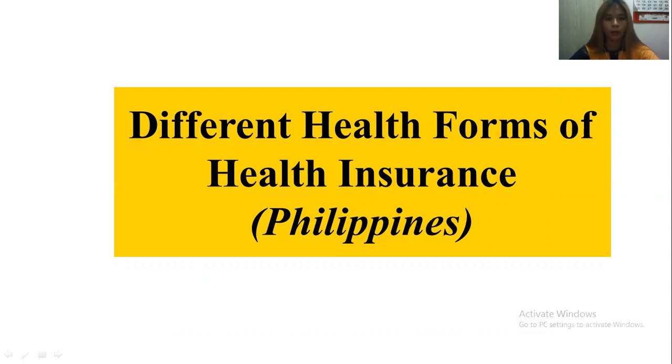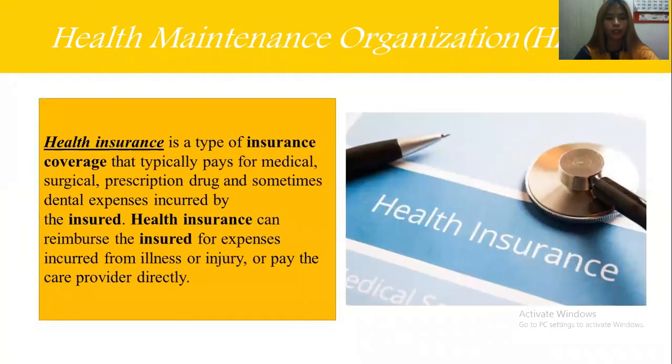So now, I'm going to discuss to you the different forms of health insurance. Let us discuss first the meaning of health insurance. Health insurance is a type of insurance coverage that typically pays for medical, surgical, prescription drug, and sometimes dental expenses incurred by the insured. Health insurance can also reimburse the insured for expenses incurred from illness or injury or pay